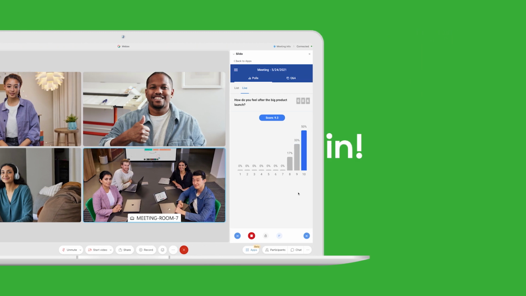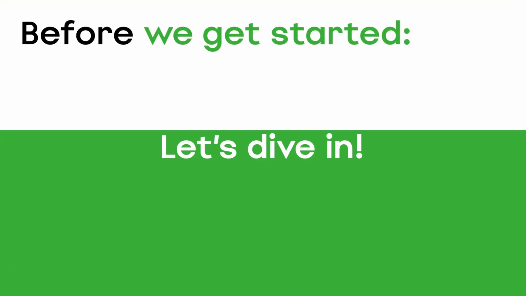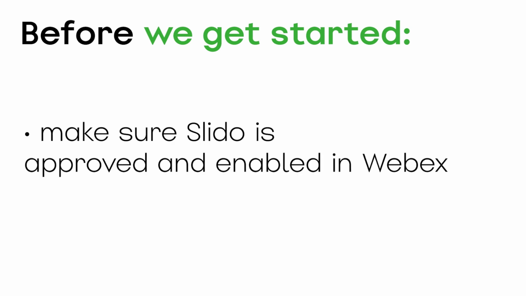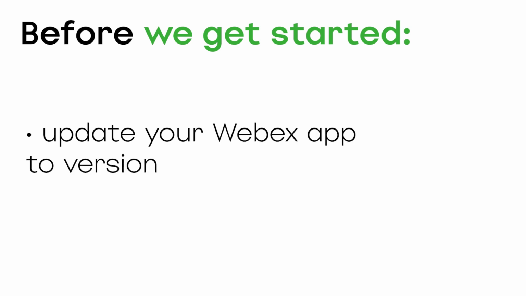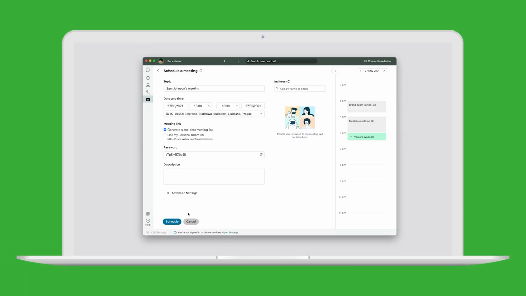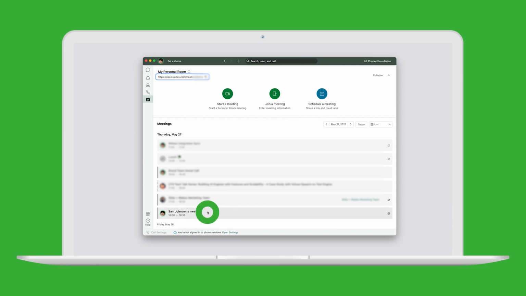So, let's dive in! Before you get started, make sure that Slido is approved and enabled in Webex by your system administrator. Update your Webex app to the latest version and please ask your meeting attendees to do the same. Once that is taken care of, schedule a meeting in Webex, launch it,